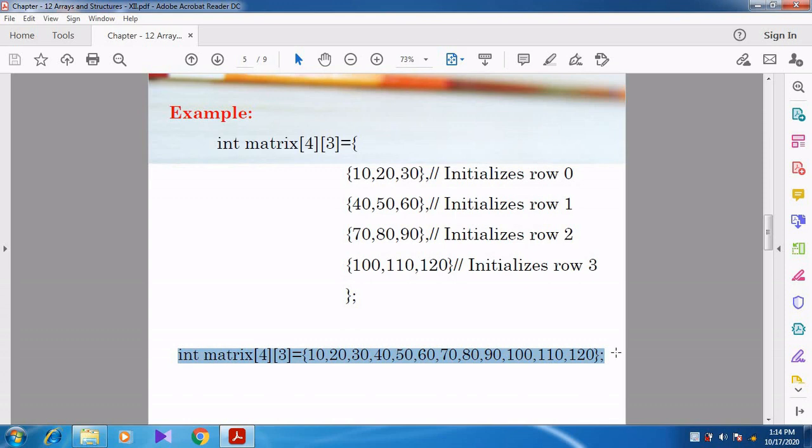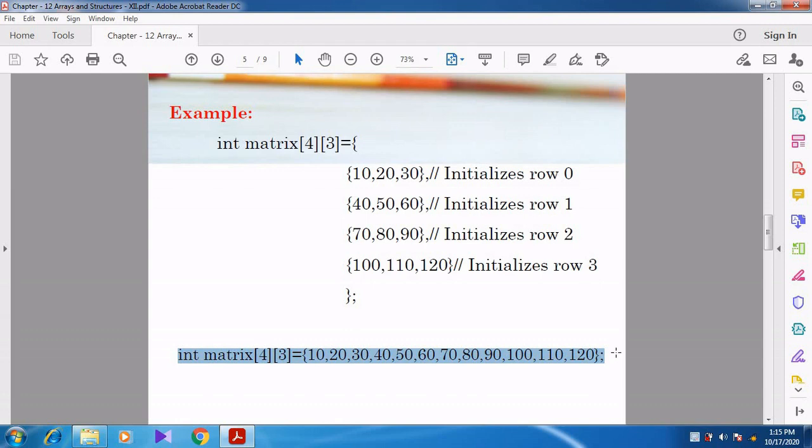The first form is somewhat easy, but instead you can go with the second form and simply assign the values directly. Right? int matrix[4][3] is equal to opening curly brace 10, 20, 30, 40, 50, 60, 70, 80, 90, 100, 110, 120.